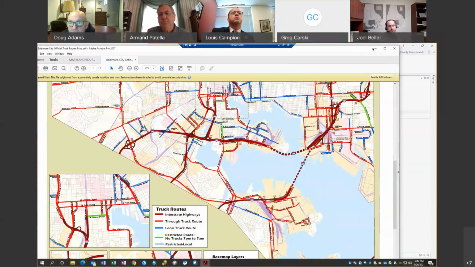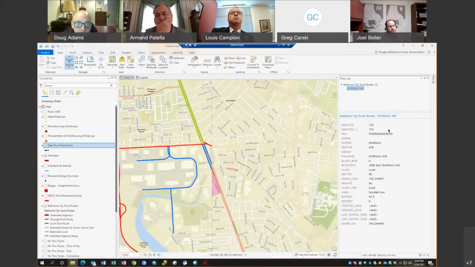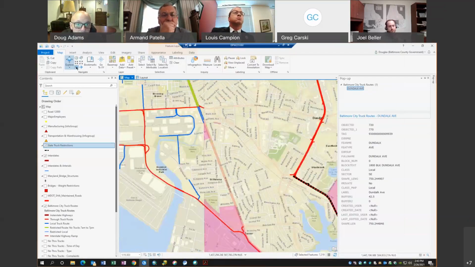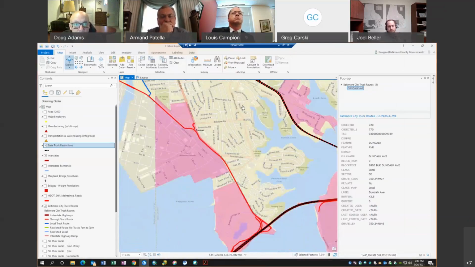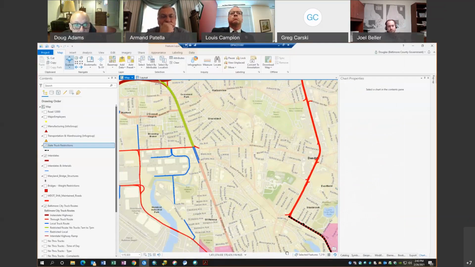Might be right, it stood out to me. If they're coming up Dundalk Avenue to the north, they get to there, what are they supposed to do? There's nowhere to go. Doug, what's the pink right there for industry? What industry is that right there? So it's part of an industrial park. I have no idea what the park name is, but it's part of this little industrial park that's right here.